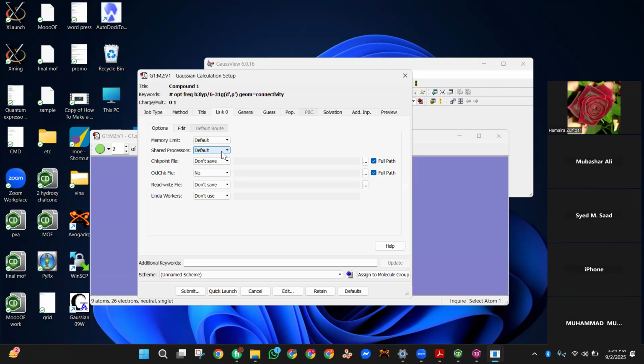But if compound structure is large, number of atoms will increase. For example, in this compound, as you see here, total number of atoms present are 9 atoms. Okay, 9 atoms mean that a compound is not much larger. It will be done within 5 to 10 minutes. Its calculation will take 5 to 10 minutes. But when number of atoms will increase from 9 to 20, 30, 40, then calculation run time will be increased